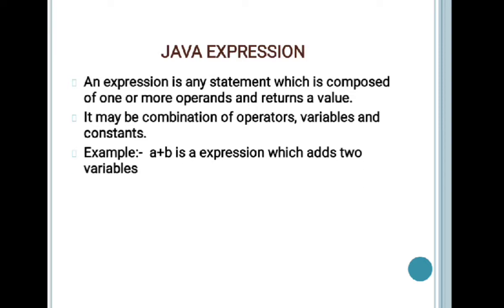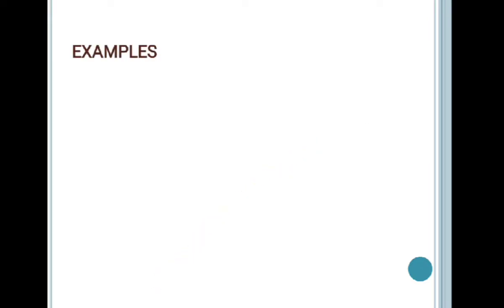Alright, let's take an example over here. We have the expression a plus b, which is an arithmetic expression because we are adding two values. So always remember, there must be at least one operator between two operands. We have already discussed this so many times, but I am reminding you again that there must be at least one operator between two operands. It's a basic rule in a Java expression. Let's take some examples to understand this concept very well.